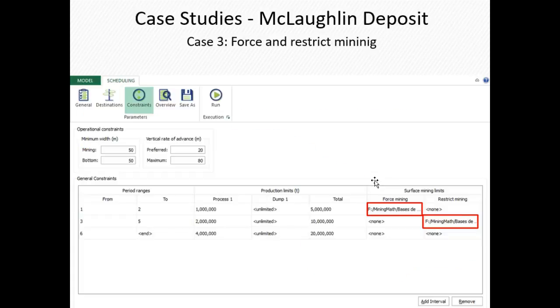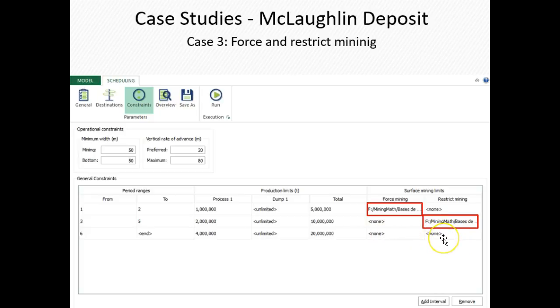We don't have an example ready here, but for example, you could run the first time, you could take the last surface generated, you could use that surface to draw your ramps, and then you could import the surface with ramps here in the last interval on both fields, which means if you import the same surface here and here, SimShed will force mining up to that place and restrict mining beyond that place.